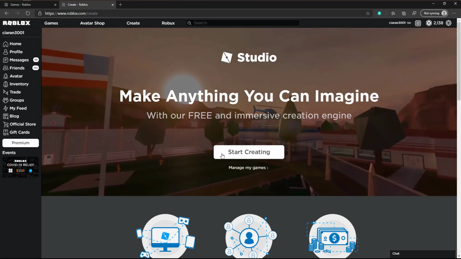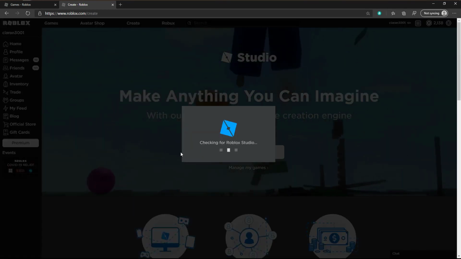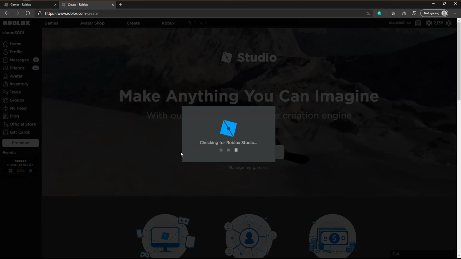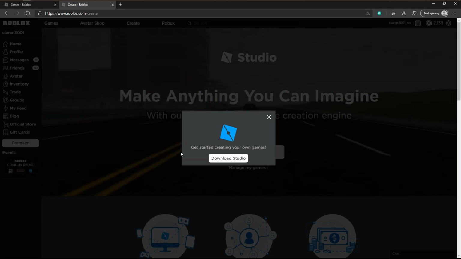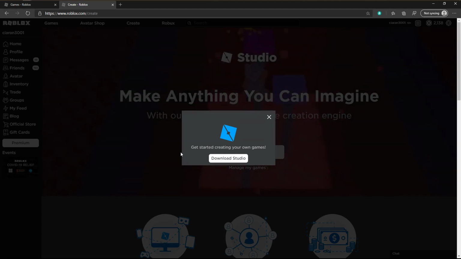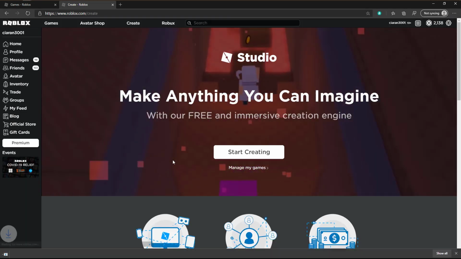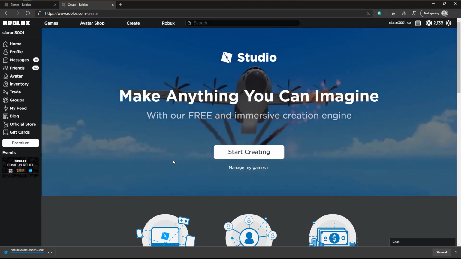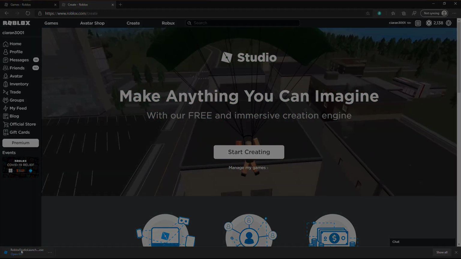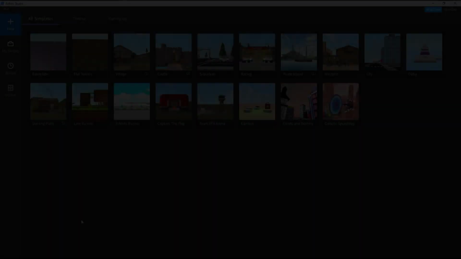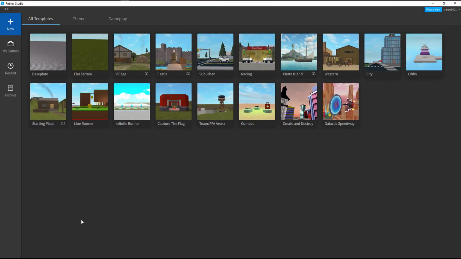Let's start by clicking Start Creating, and Roblox will check if Roblox Studio is installed on your machine. If Roblox does not detect Roblox Studio on your machine, a Download Studio button will appear. We can now see that Roblox Studio Launcher isn't downloaded on my machine, so we click that. Now that Roblox Studio is installed, this screen will appear. However, you may need to log in, so just use your Roblox credentials to log into Roblox Studio to get